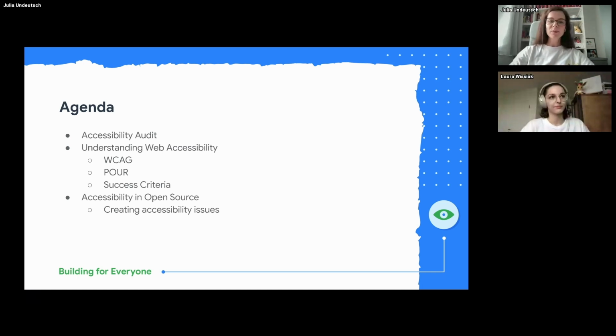So today's agenda. I would first like to talk about my very first accessibility audit, which I did last year, and which helped me a lot, especially me as a developer who is more interested in the technical parts of accessibility than good at general knowledge about accessibility and the guidelines and disabilities and such. And I would like to share my experiences with you.